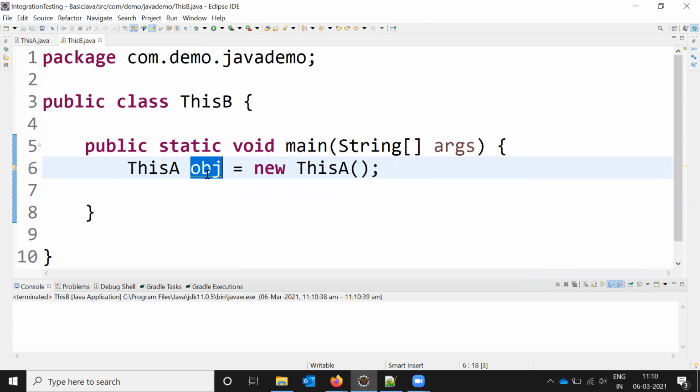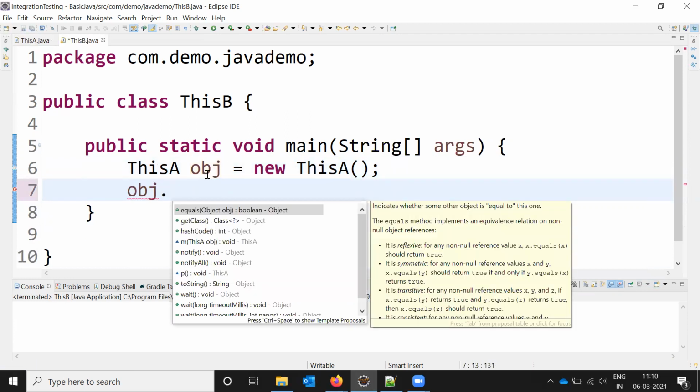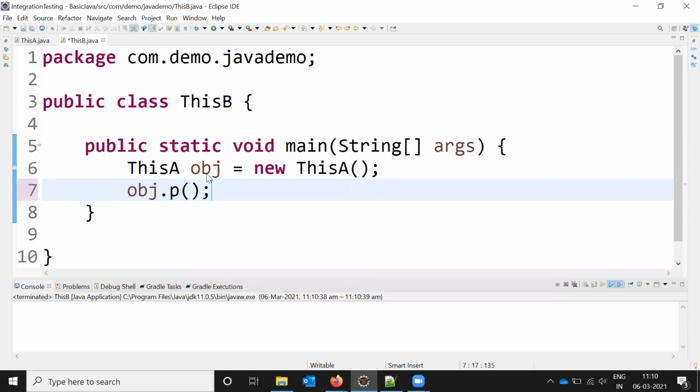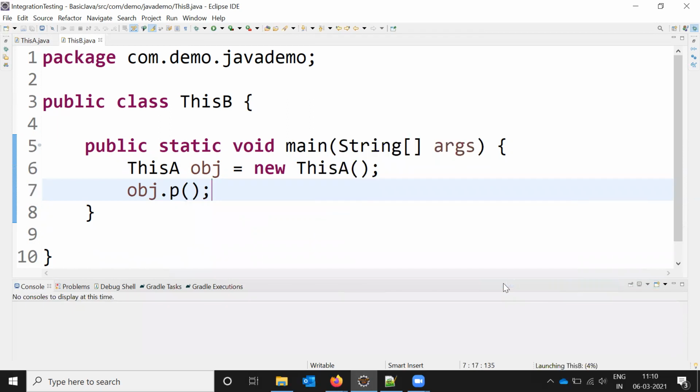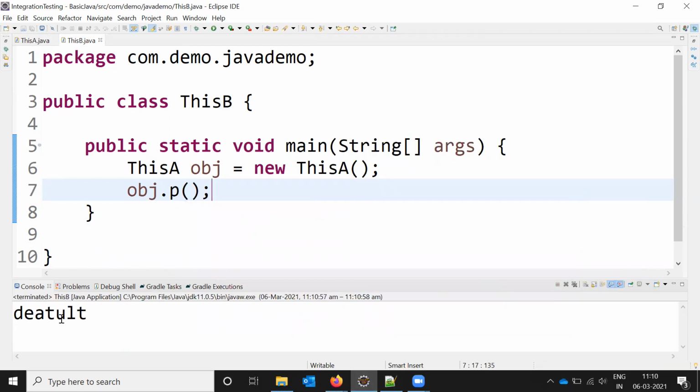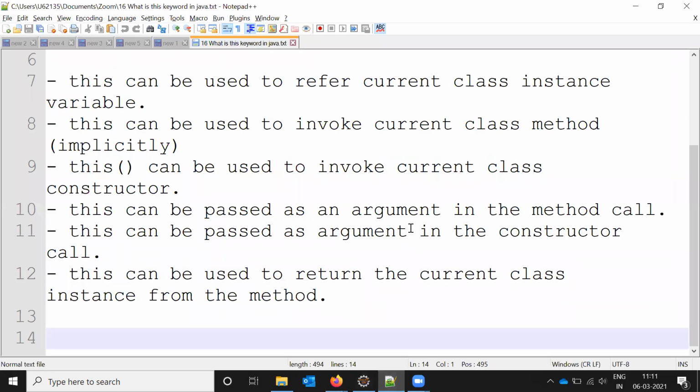and sorry, it is not printed a value. Yes, I call the method, right? P is the method, because without calling the method it will not read. Now see, the default one is displayed, right? This way we can achieve the first four, and the fifth one and sixth one are a bit difficult to